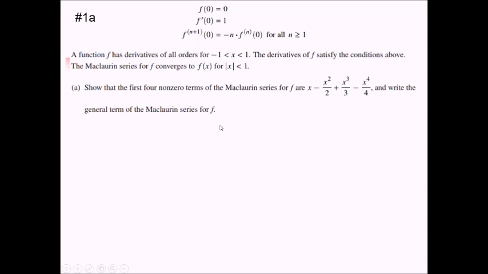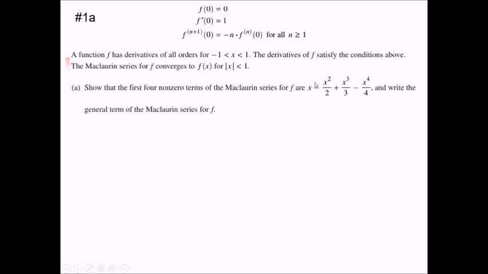For this free response problem, we have a function f with derivatives for all orders between -1 and 1, and we've got some conditions: f of 0 is 0, f prime of 0 is 1, and for all the derivatives of order 2 and higher, we have this crazy formula that we're going to have to use quite a bit. So let's see here. We're also told that the Maclaurin series for f converges on absolute value of x less than 1. Great. So our first task here, we want to show that the first 4 non-zero terms of the